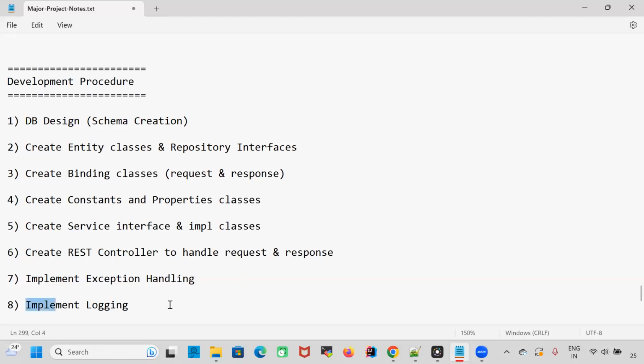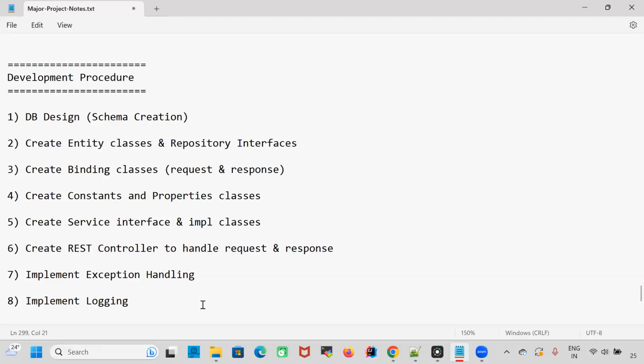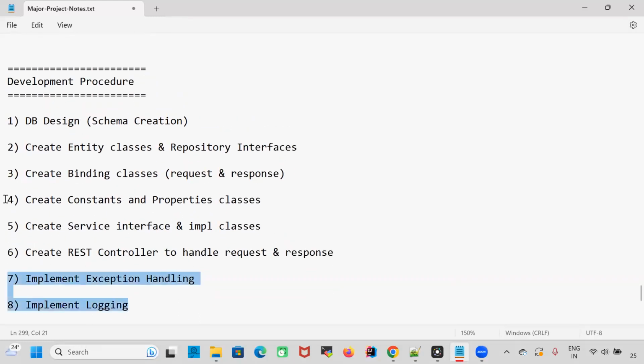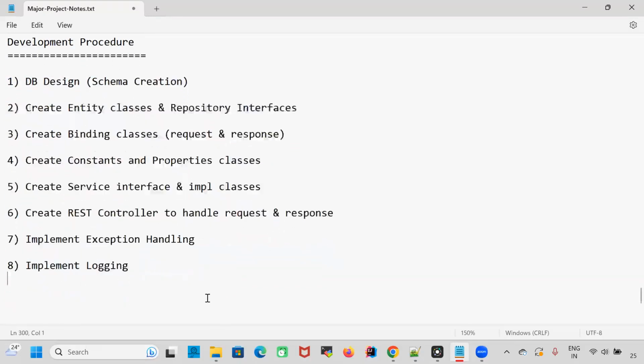Okay, implement logging. So tomorrow, if any problem occurs in the application, we should be able to understand the root cause of the problem. For that, we are going to implement logging in our application. Then test